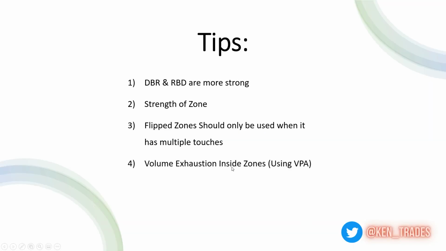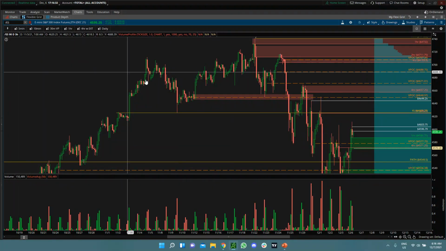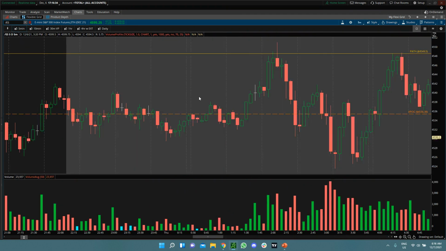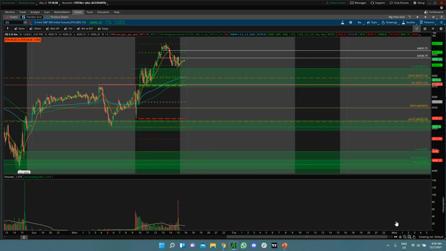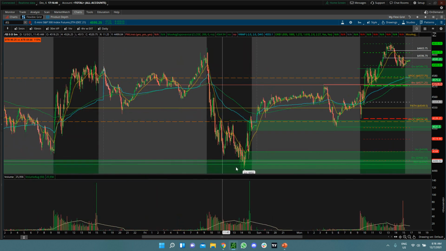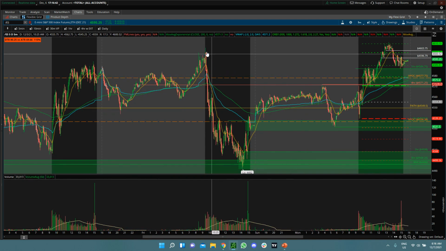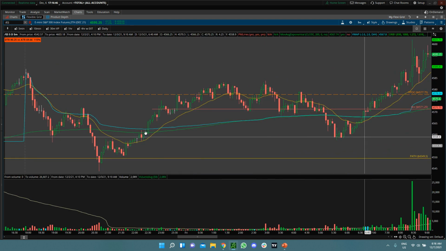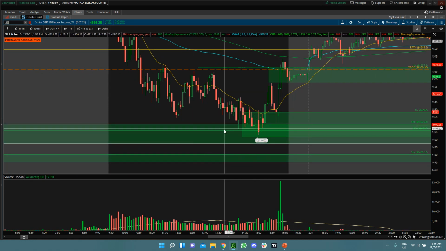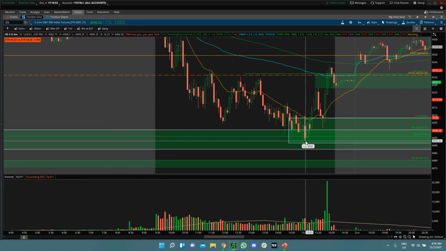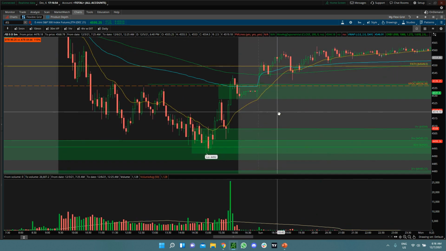Right. So volume exhaustion inside zones, yes. This is very important. This is using VPA, volume price analysis. So you can see here, this is the day where we had a huge sell off. If we note from volume, this day volume was not that significant,